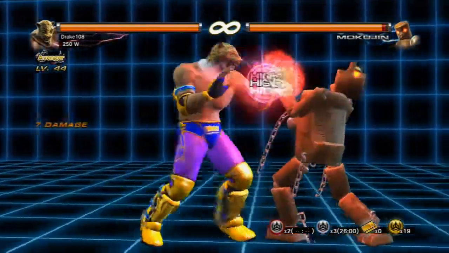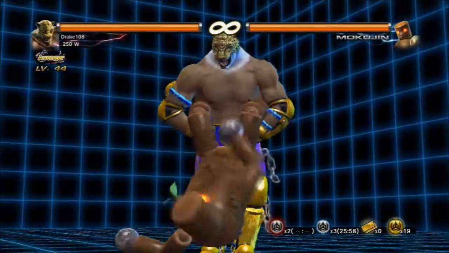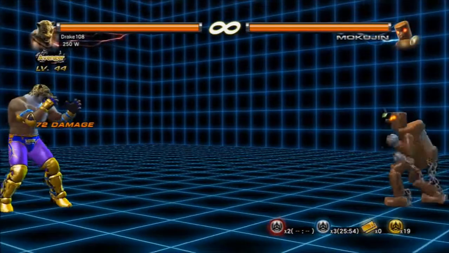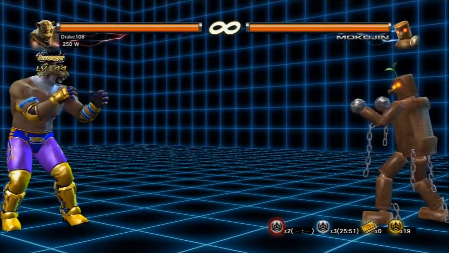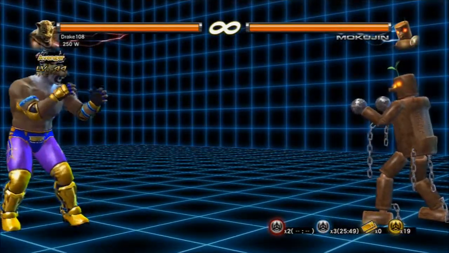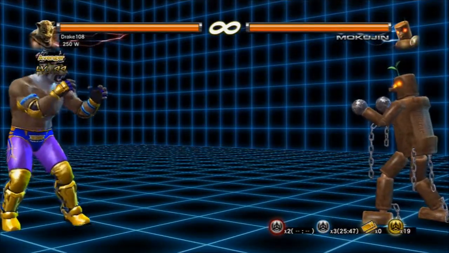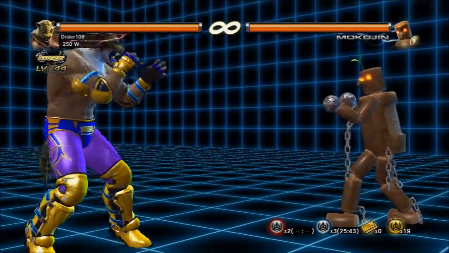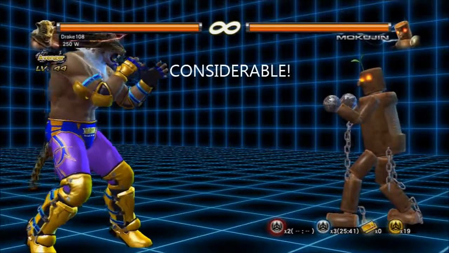The giant swing. So if you don't tech the very first part of the giant swing, you can actually tech the last part, which is the one he actually hits you with. All you gotta do is time it and press buttons as soon as you land, and you'll be fine. You'll take, I don't know if it's half damage, but you'll take considerably less damage